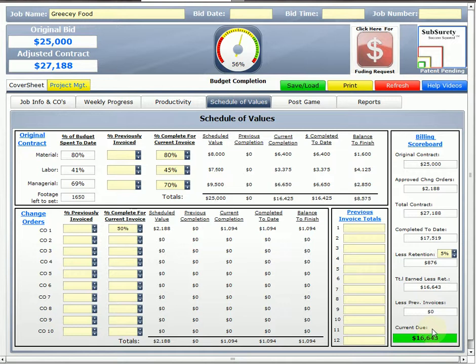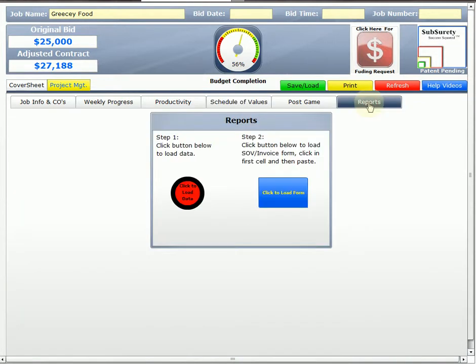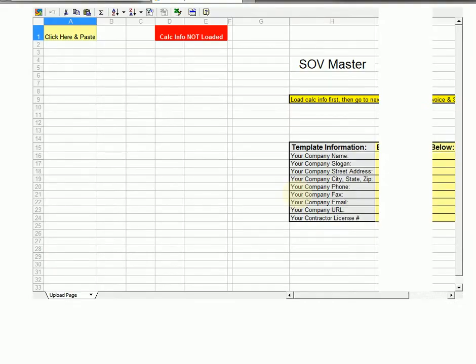Now, I've got all this online, and that's great. I can figure it out, but guess what? The program will set this up for us automatically, and it is super easy. All I do is click on the reports button. I click to load the data. Doesn't really do anything, but behind the scenes a lot's going on. I click that once. I come over here, click this, and it loads from the internet